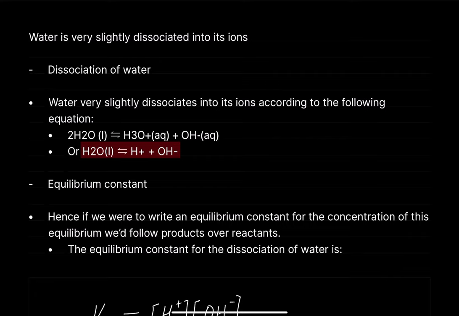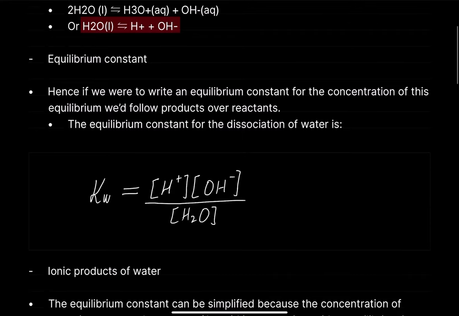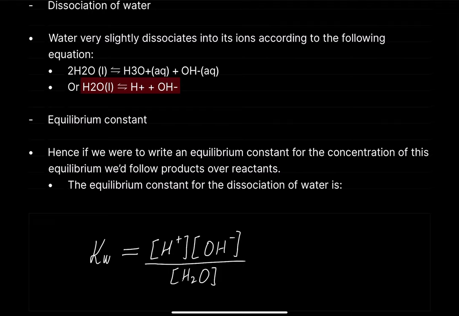But as I said, very little dissociation because equilibrium is far to the left. Any H plus or OH minus that's in your solution will react back again to form H2O. Now this is an equilibrium constant, right? We can represent this equation of dissociation